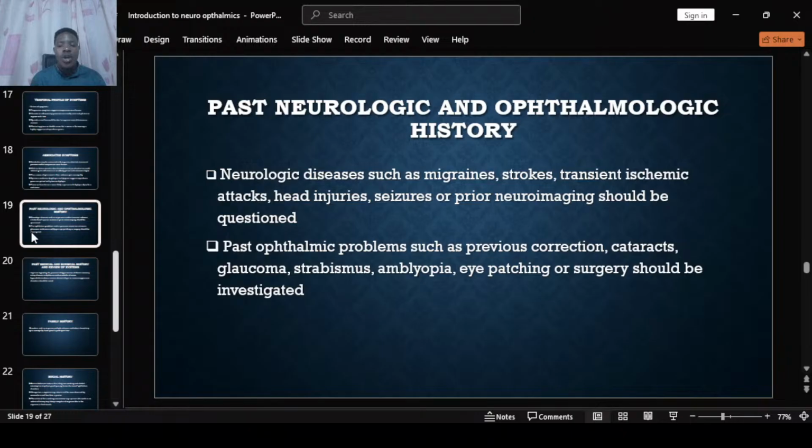Neurologic diseases such as migraines, strokes, transient ischemic attacks, head injuries, seizures, or prior neuroimaging should be questioned. So when we see migraine, strokes, neuroimaging, we want to question why. And also past ophthalmic problems such as previous correction, cataracts, glaucoma, strabismus, amblyopia, eye patching, or surgery should be investigated. So we want to know